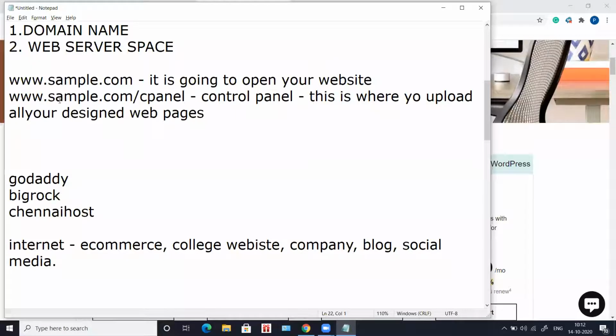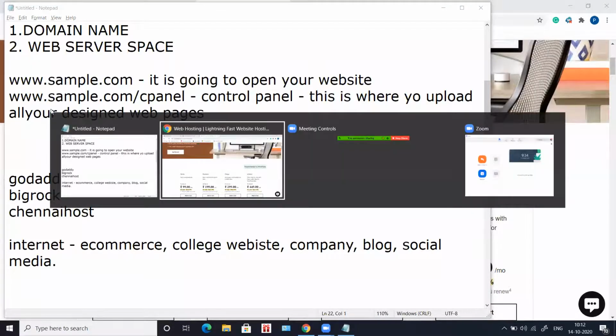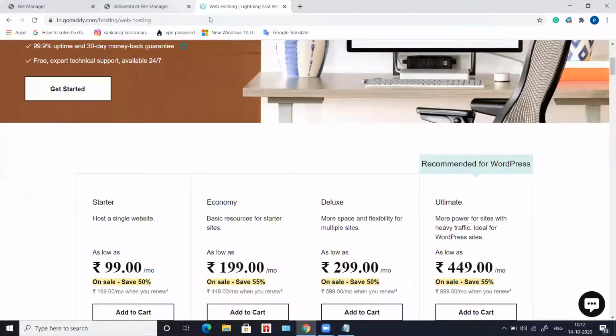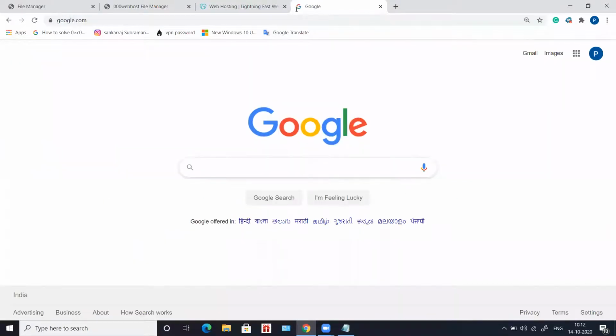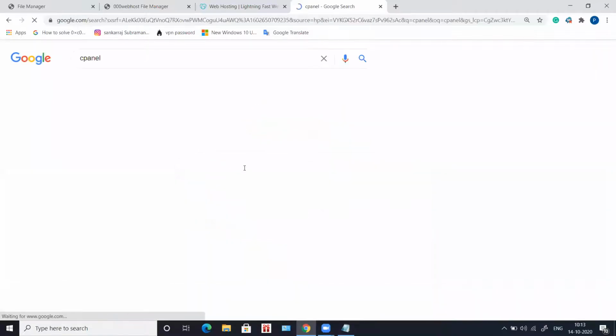Okay, so we actually have a free server, which right now I cannot show to you. So maybe I'll just show you a sample cPanel, how it looks in real.